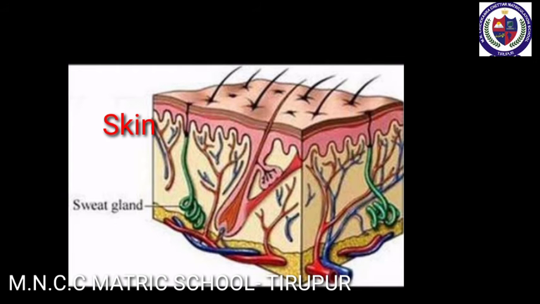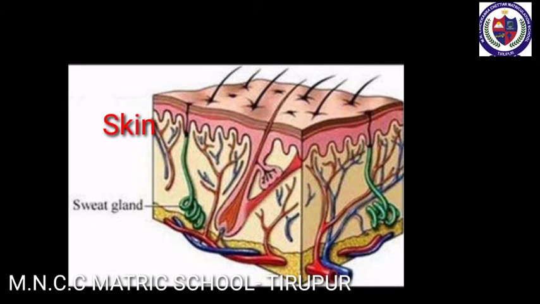Skin. Skin is the outermost covering of the body. It stretches all over the body in the form of a layer. It accounts for 15% of an adult human's weight. There are many structures and glands derived from the skin. It eliminates metabolic waste through